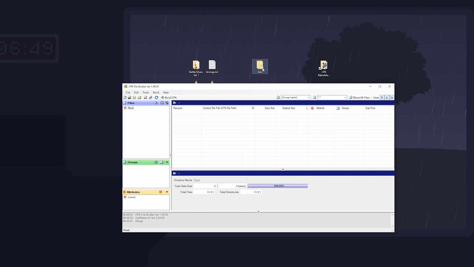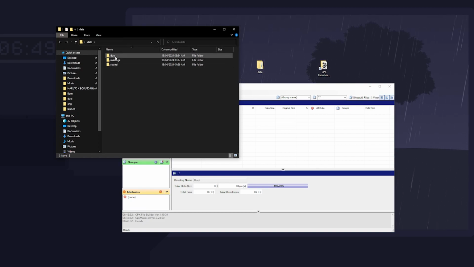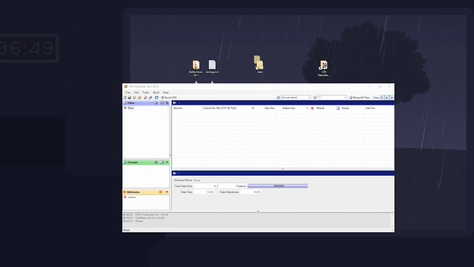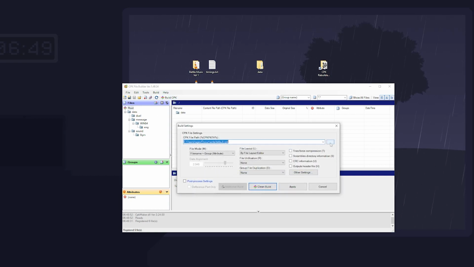All we're going to do is take our data folder, which I hope you know by now, has all of the files we've been working on: our sound, BGM, with all of our BGM files, the message with all of our language files. Again, this tutorial is only doing English, but you can have all of the languages in here. And the dual with the parameters in here. So we're going to drag this data folder into the root here on the left hand side, and then we're just going to click Build CPK,